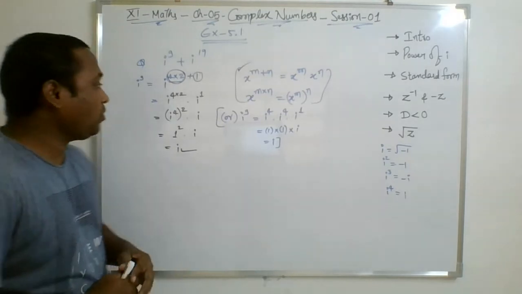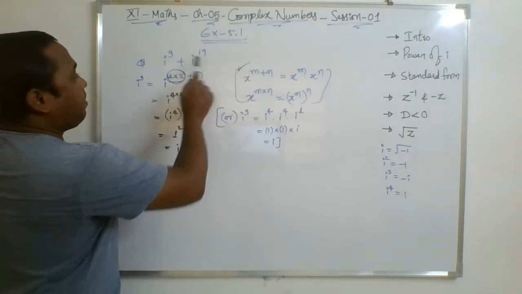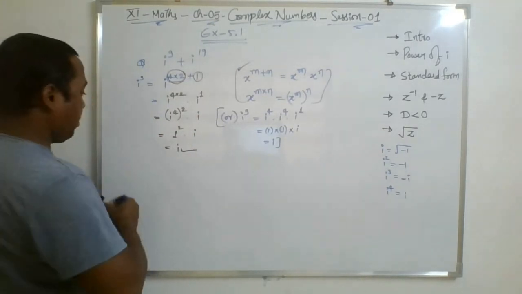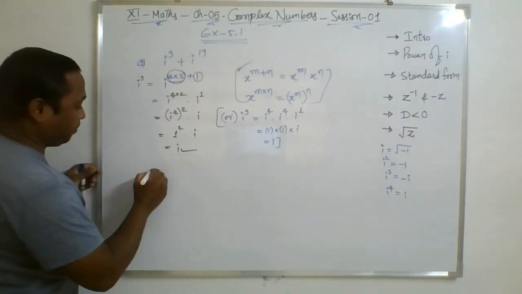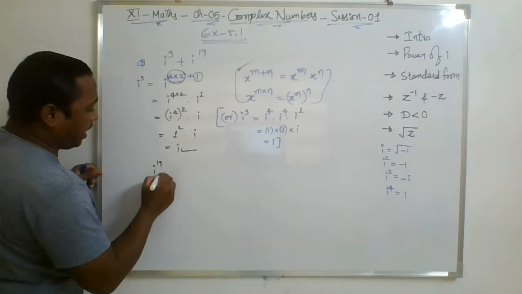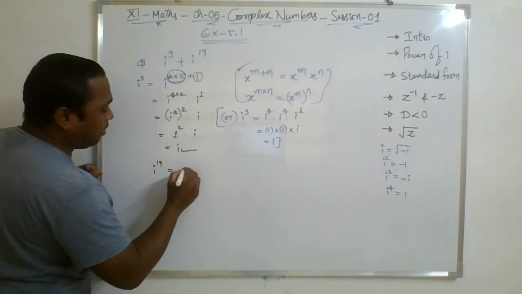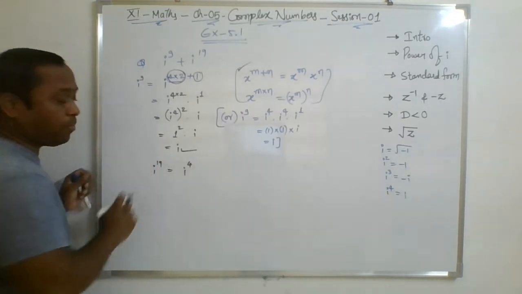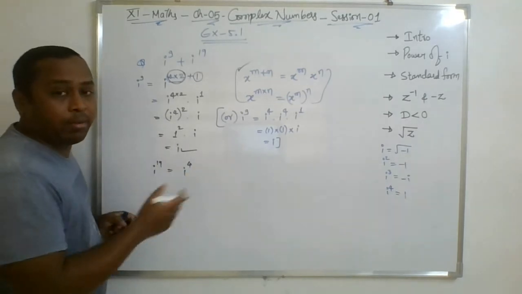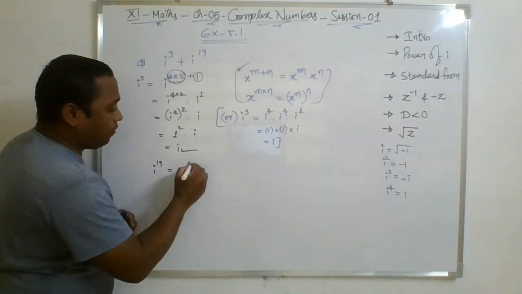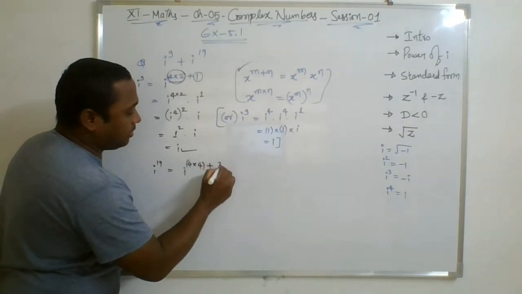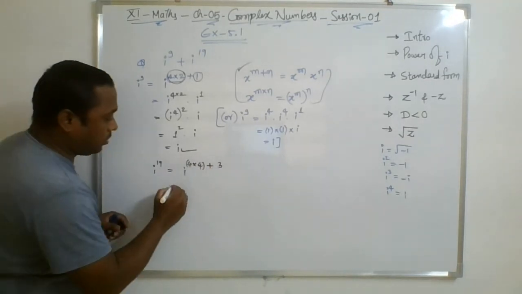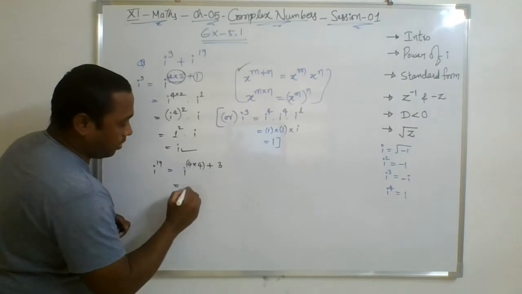Okay, let's have now I power 19. I power 19 means how we can write I power 19? See, so I power 19 we have to write as a multiple of 4. 4 का टेबल में ही आपको ब्रेक करना है. 4 4s are 16 and the remainder is 3. Hence now you can break the power.